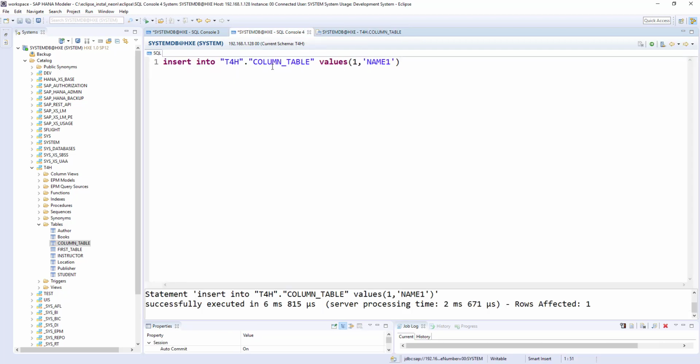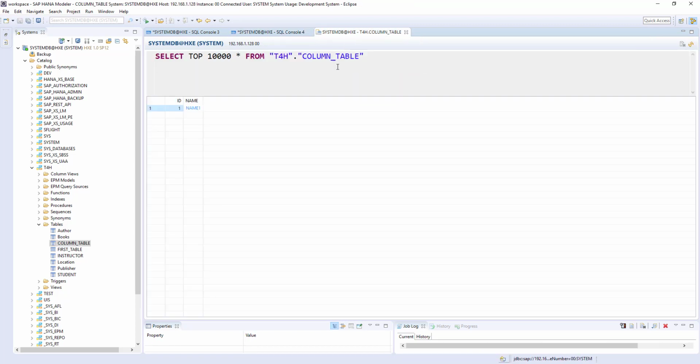Okay, what happens if I run these statements multiple times? For example, I am executing this 1, 2, 3, 4, 5, 6, 7, 8, 9. So I executed 9 times, and before that 1 time. So it should be holding 10 records. Okay. So the problem here is we have 10 records.